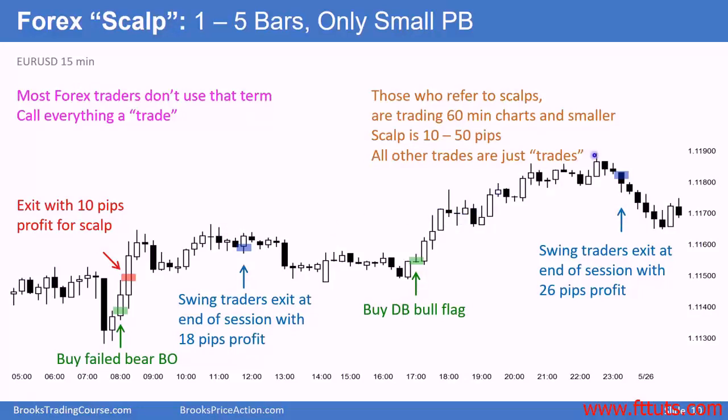A swing trader will hold as long as he believes his premise is still valid. And here, at the end of the Asia session, he might get out below 1 or 2 of these bear bars. We have a bear II, 3 or 4 pushes up, 1, 2, 3, and then larger, 1, 2, 3, larger, 1 or 1, 2, 3. A nested wedge, and at the end of the session, the bars are getting small, becoming dojis, and then we have a bear II. So the swing trader would get out here, and he made 26 pips profit,